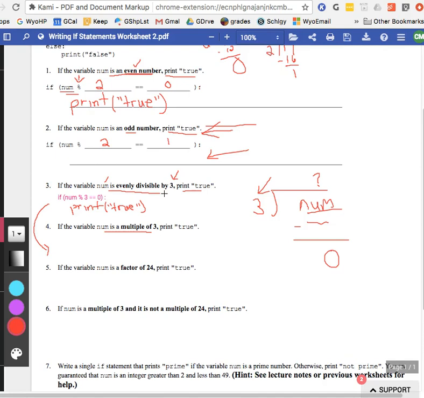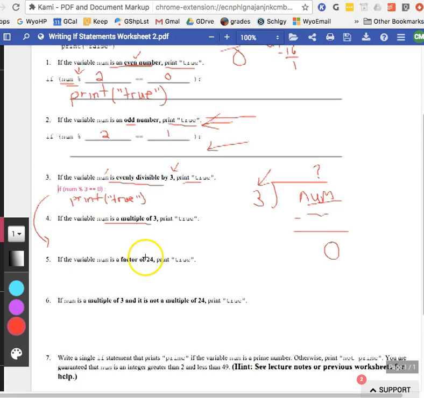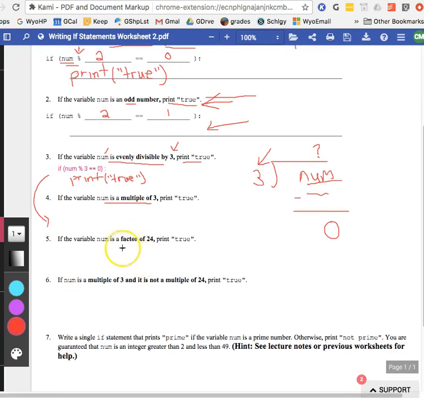So, because you should always know about multiples and stuff for the rest of your life. Plus, it's on the Keystone or PSSA test or something. It's on the SAT test that you do in college. Now, it's also used a lot in Instagram, Twitter, Facebook, and all kinds of other things that are important to you on your phones and social media life. I can show you examples, but not right now in this video, of where these number relationships are important for software to work correctly. Number 5, that's the same thing,